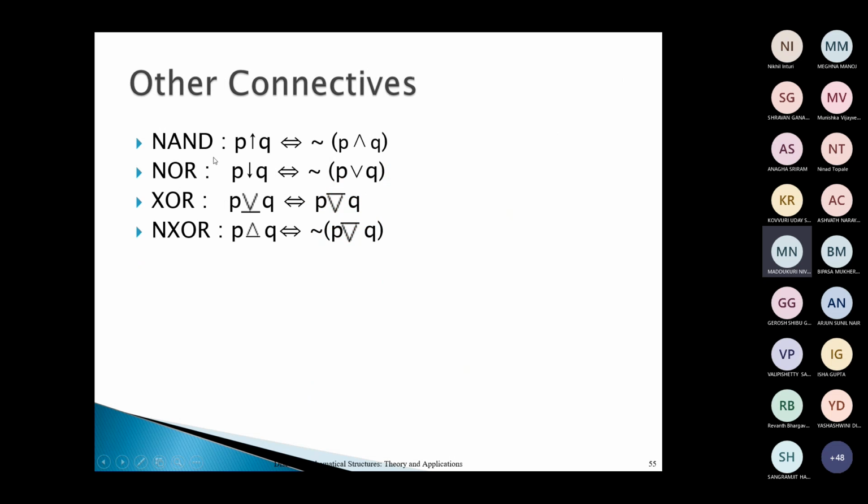Okay, what do you mean by NAND? NAND operator, you know? We'll use it later anyway. What is meant by NAND? Not of AND. See? AND operator we use like this, right? P is a formula, Q is a formula. This is AND. Not of AND means not of P and Q. Not of P and Q means what? Not P or not Q. It has another name and symbol like this, P upward arrow Q. Okay, NOR means what? Both cannot happen together. Not of P or Q. So it is P downward arrow Q.